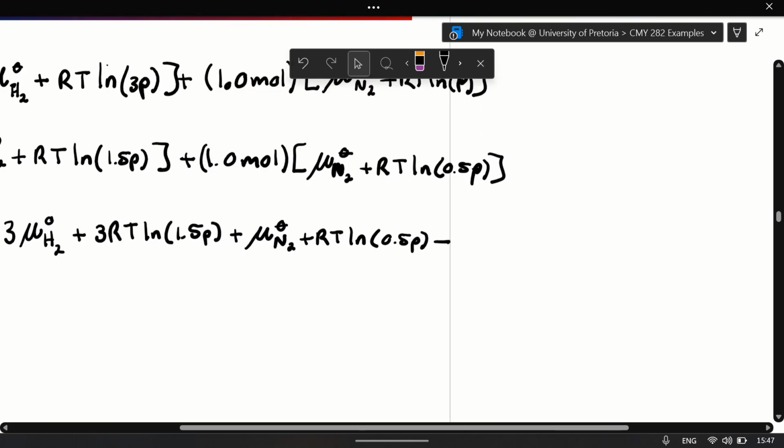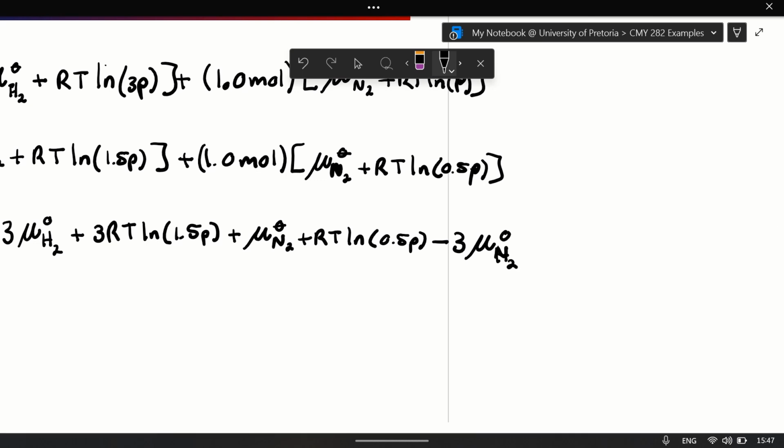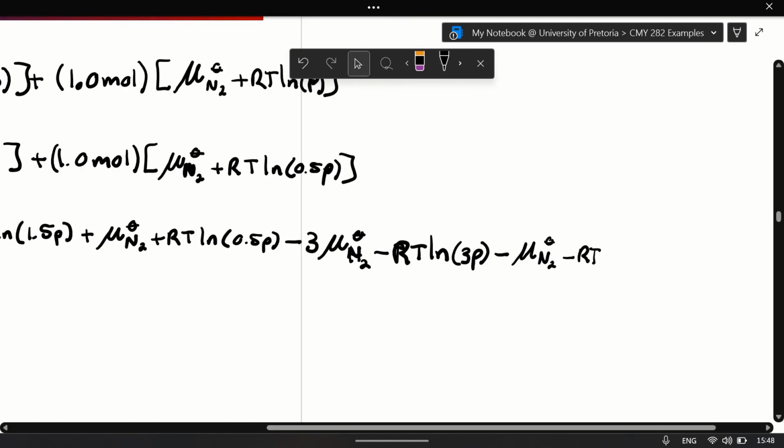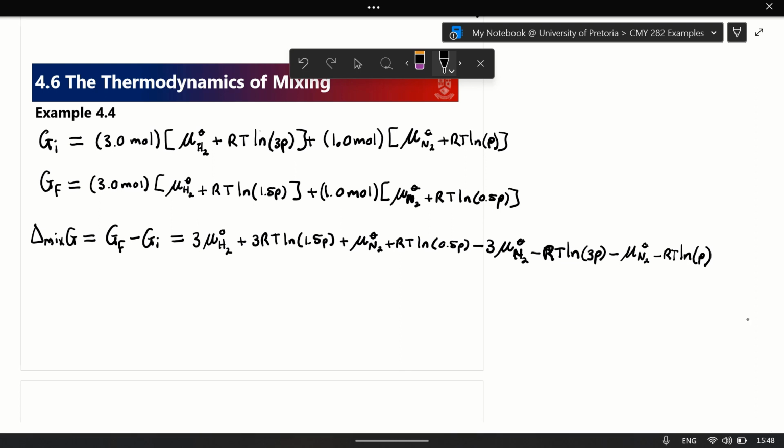minus 3 mu H2 minus RT ln of 3P minus 1, so we don't have to write a 1, mu of N2 minus RT ln P. Okay, so there you can see all the mu's are going to cancel, because mu N2 is going to cancel with mu N2, minus 3 mu H2, 3 mu H2, so then we're just left with